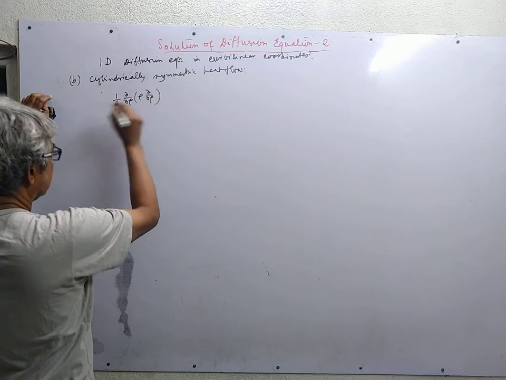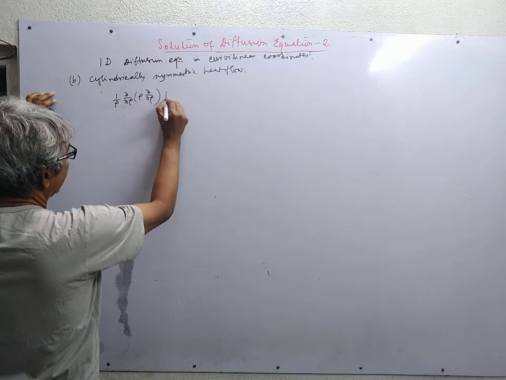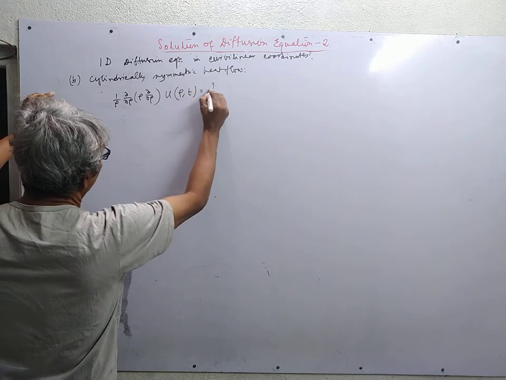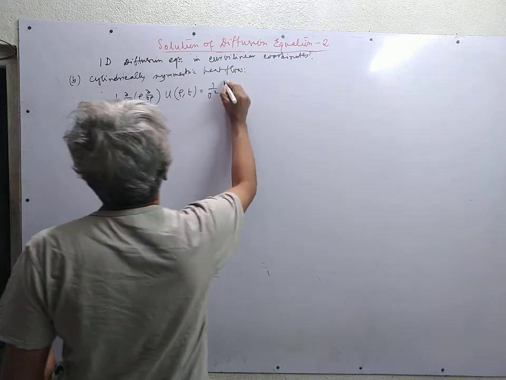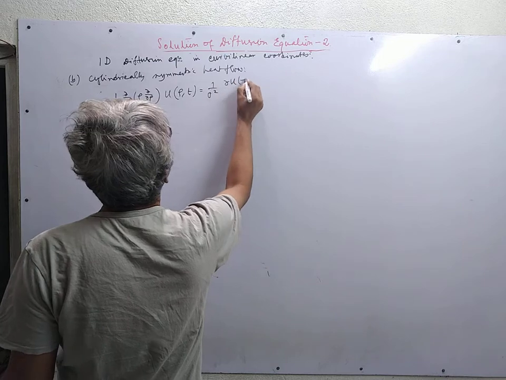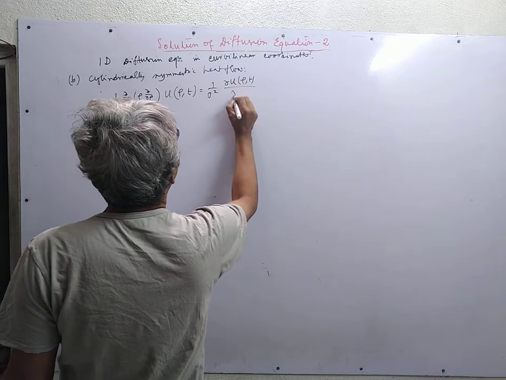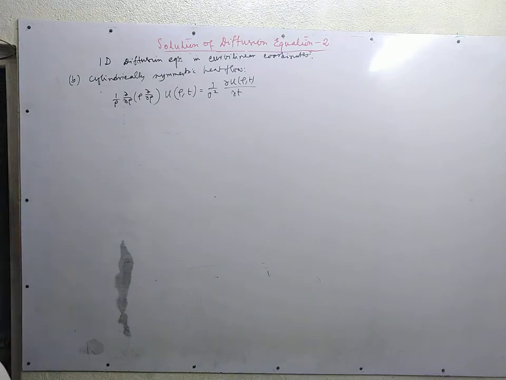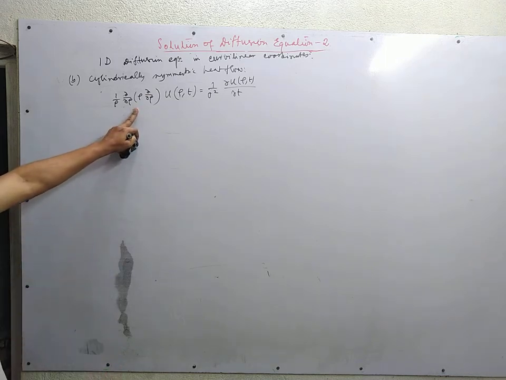This is the nabla part operating on u of rho,t is equal to 1 upon sigma square del u of rho,t del t. So because the situation is cylindrically symmetric, in cylindrical coordinate system rho phi z, we have only retained the rho part,